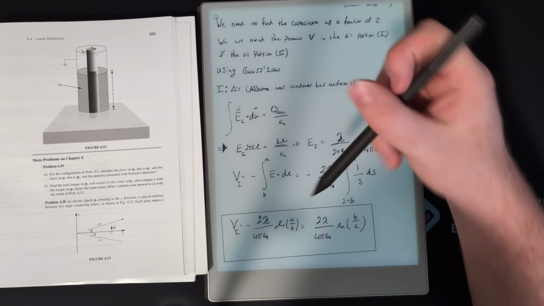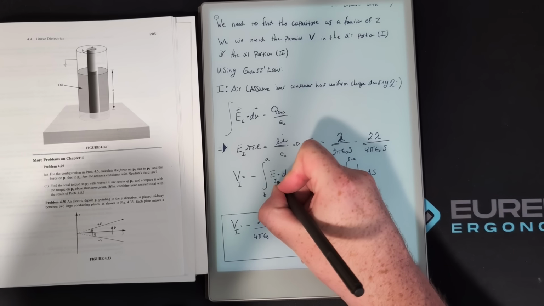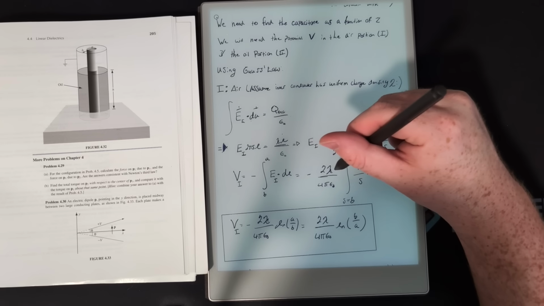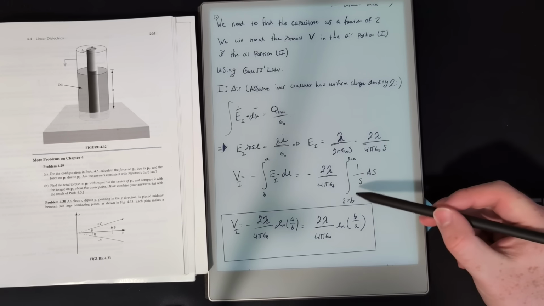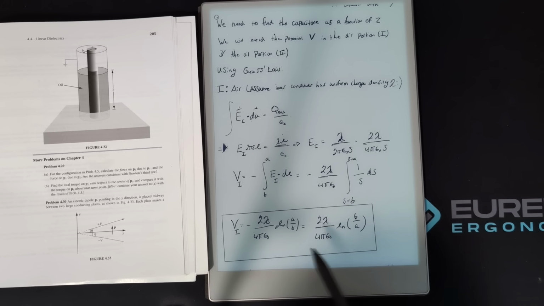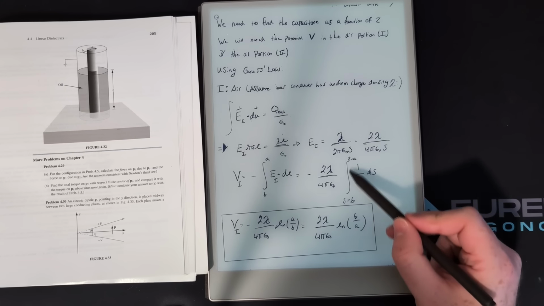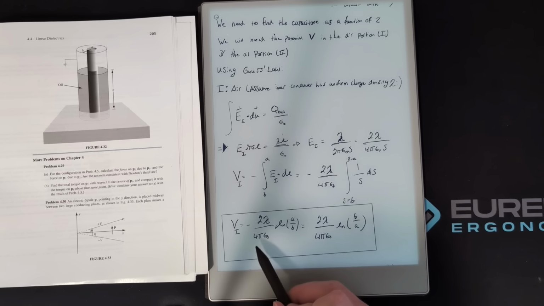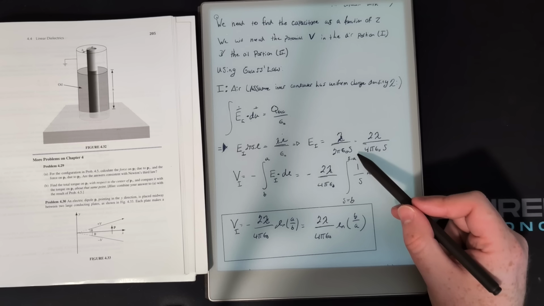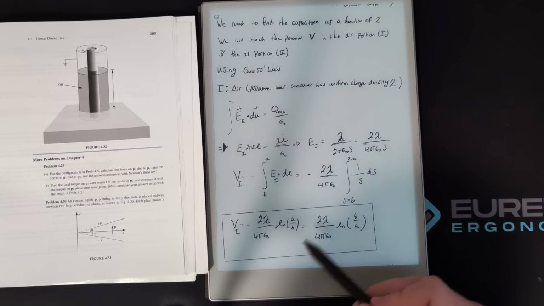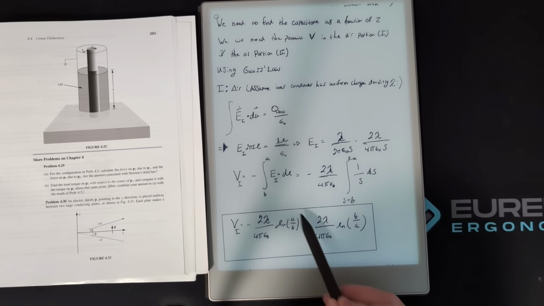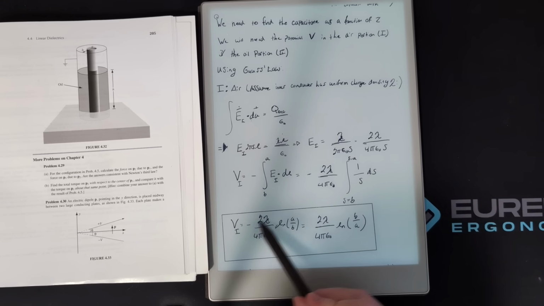So this is going to be, and this really should be E1, minus 2 lambda over 4 pi epsilon naught, over s ds, and s goes from B to A. So this integral is just the natural log of s, and so we end up with the natural log of A minus the natural log of B, and that's just the same as natural log of A over B. So we end up getting this expression for the potential,